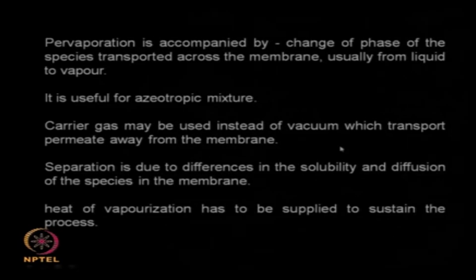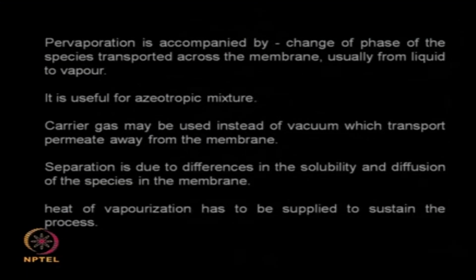You can also use carrier gas instead of putting vacuum on the downstream. The carrier gas can sweep the vapor that is diffusing out of the membrane. So the separation is due to differences in the solubility and diffusion of the species in the membrane. If some species diffuses very fast, then it will be collected faster on the downstream. If there is another species which is very slow, it will take much longer for it to be collected on